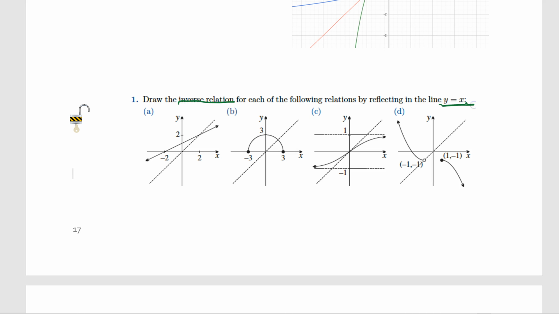This one here, when I reflect in the line, actually I was probably a bit overconfident there, but I think it will go maybe something like that. That's terrible. This one here, it will go like that. And this one here, I would really struggle with, but I think it will go something like that